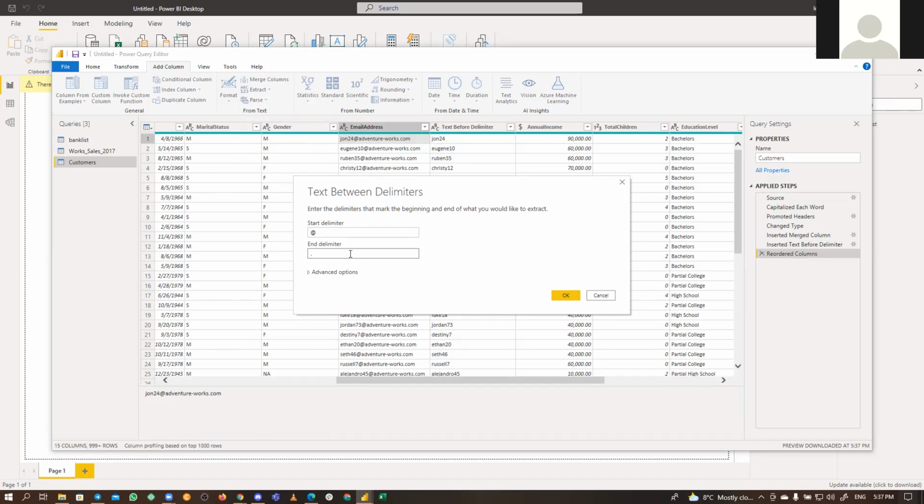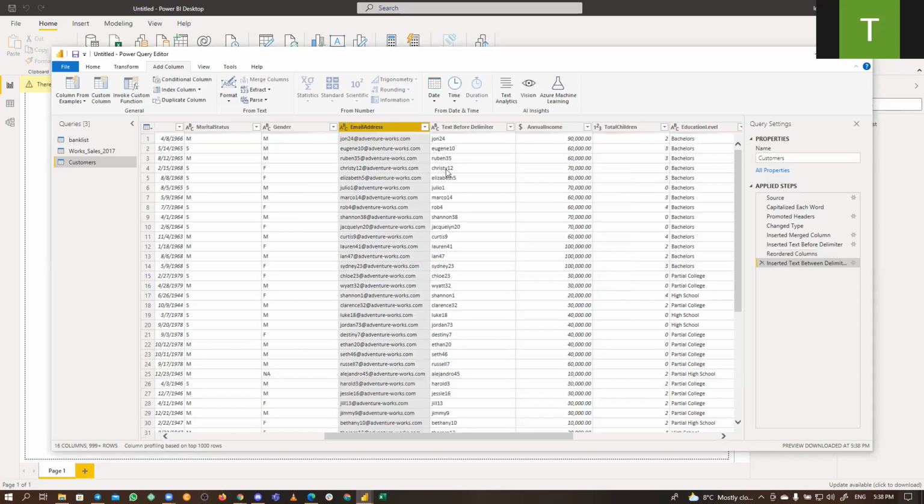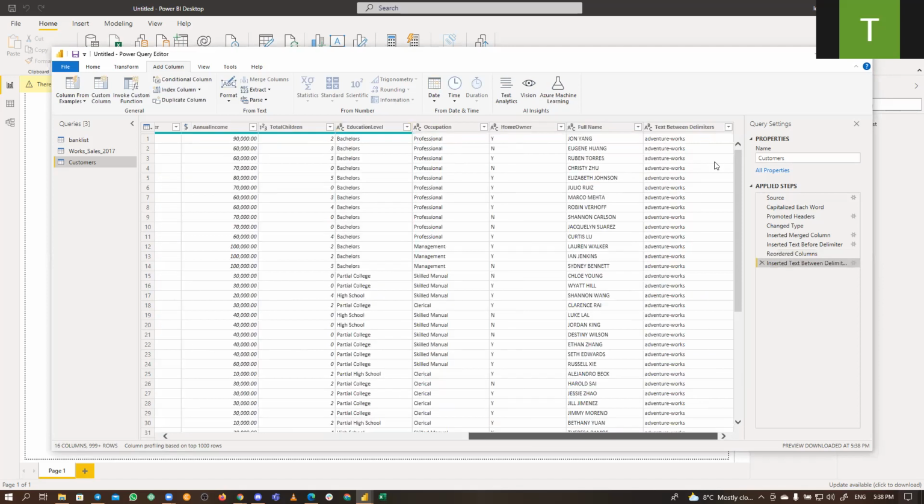We want to extract between at and the dot. Adventureworks is the domain. When you talk of a domain from an email address, like gmail.com, Gmail is the domain where whatever is hosted. We are not doing web anyway. In this case, the end delimiter is the dot, and you realize that what we get is everything between the at and the dot.